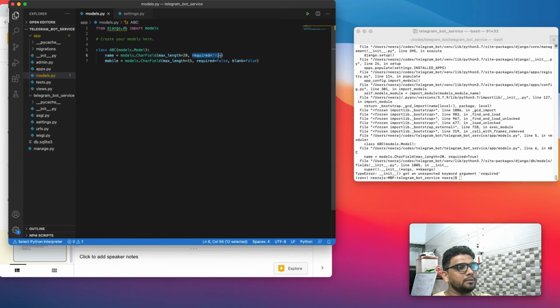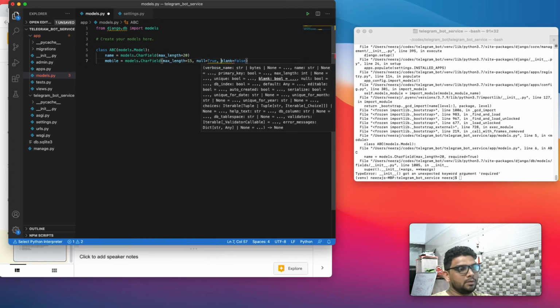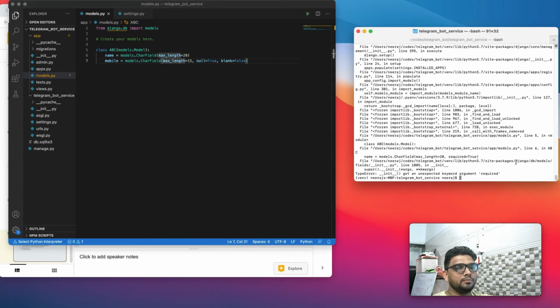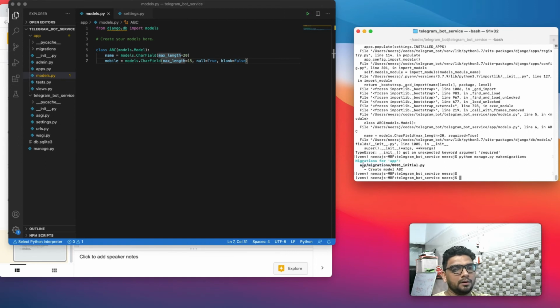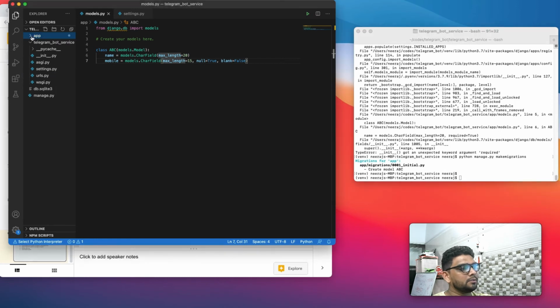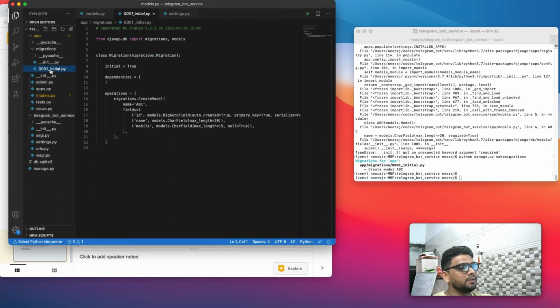It's not required. By default, it is required. Null true, blank true. Yes, now it has detected the change and our file has been created. If we check over here in the migrations, there is this initial file which has ID, name and mobile number. It is created.